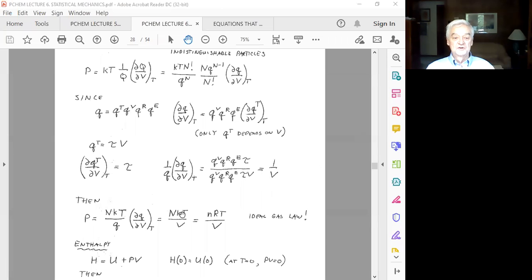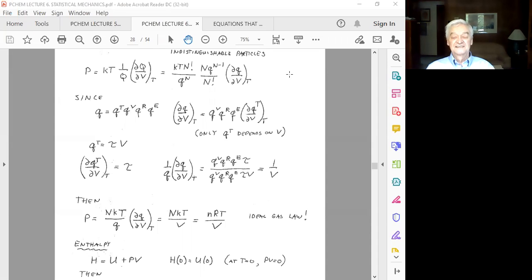Make this substitution right here for 1 over Q dQ dV, and this is what we get. And as I've been telling you the last few lectures, capital NK is little nr, and you'll notice this is the ideal gas law. PV is equal to nRT. So statistical mechanics says that if you have